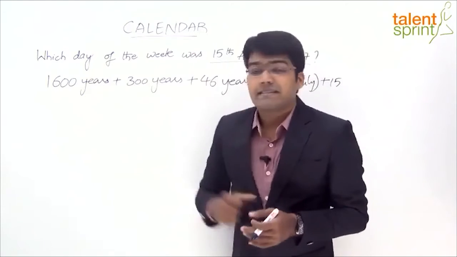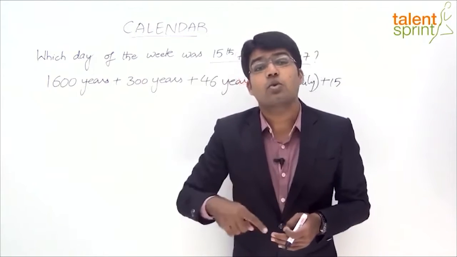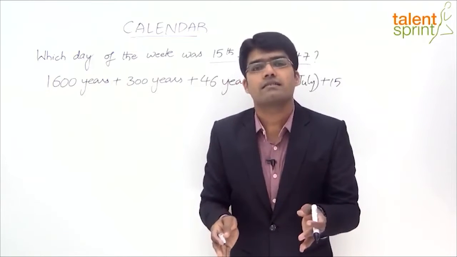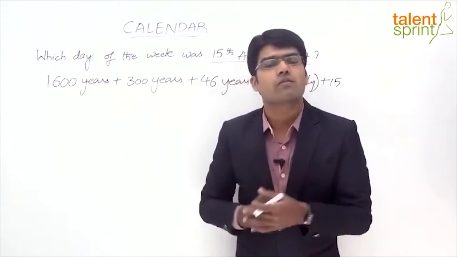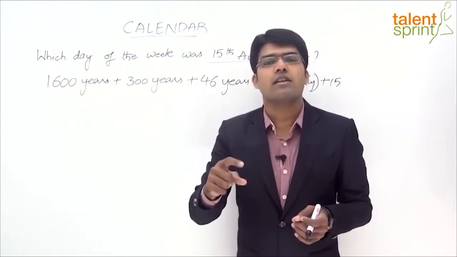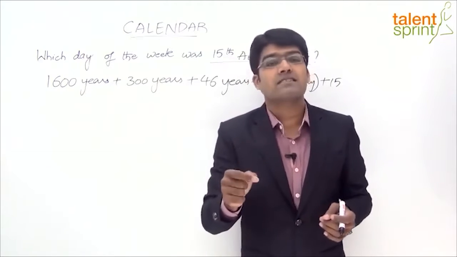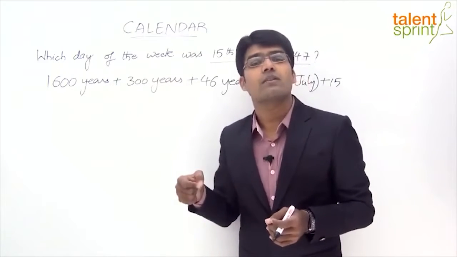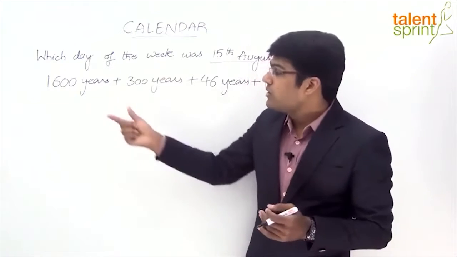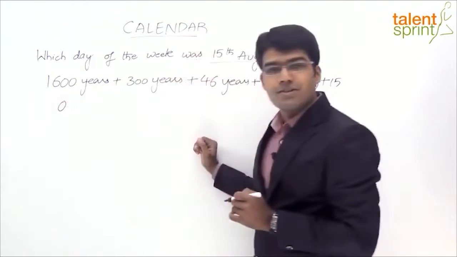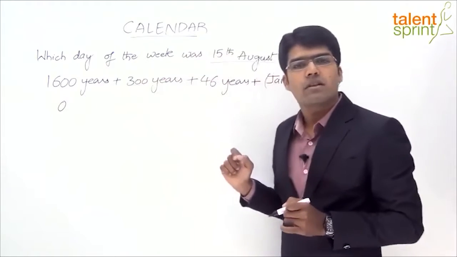Now that we have taken 1600 years, this can be taken as 4 times 400 years. And in 400 years, if there are 0 odd days, in 4 times 400 years also there would be 0 odd days. Basically the cycle repeats itself, right? 0th year to 400 years, 0 odd days. Then 401st year to 800 years, 0 odd days. Likewise 801st year to 1200th year, 0 odd days. So we know that in 1600 years there would be 0 odd days. So let's take it as 0, right? The calculation here is for the number of odd days.